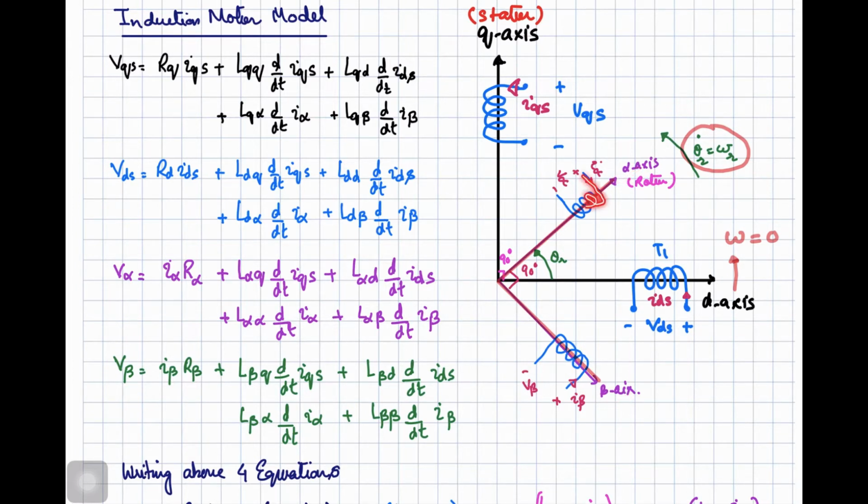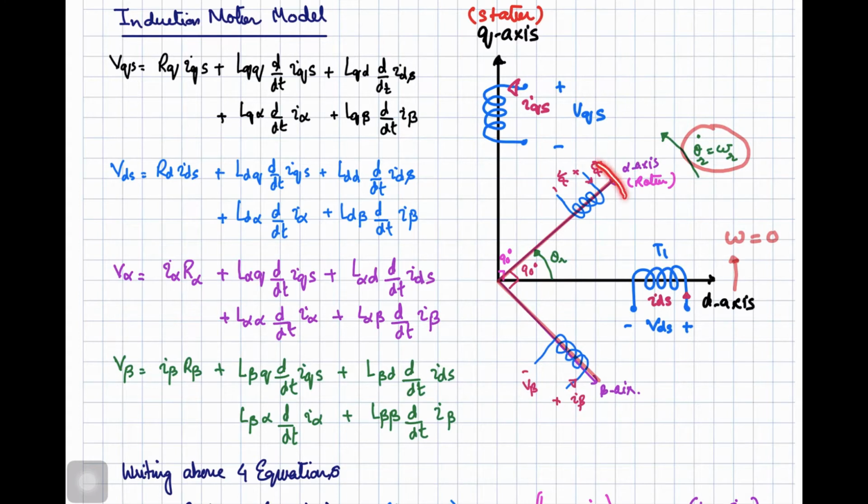So over here, just look at the voltage. This is V alpha, because we are considering the alpha axis of the rotor. Let's suppose that the current going into this winding is I alpha. And over here the beta winding is there, the second phase winding of the rotor, and the voltage across this winding is, let's suppose, V beta, and the current in this winding is I beta. We will always mark the polarity like that, plus on the outer side and minus on the inner side, and from the positive terminal we will assume that the current is entering the winding.